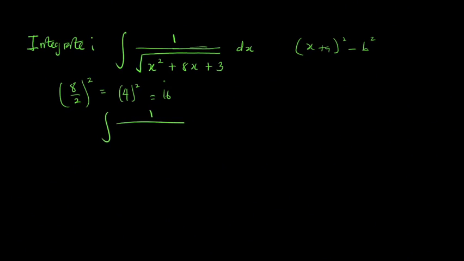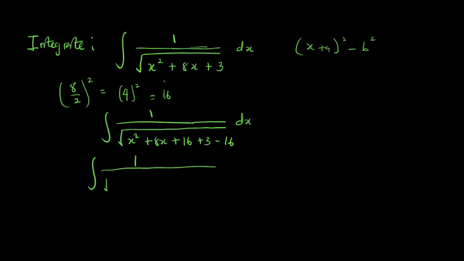So I'm going to write the question again. So 1 over the square root of x squared plus 8x, but in this case I'm going to add plus 16 because I want to make this a perfect square. Then I will add plus 3. Now because I added plus 16, I'm going to subtract 16 from it to make justice to it, right? So we have the dx. So this gives 1 over the square root of